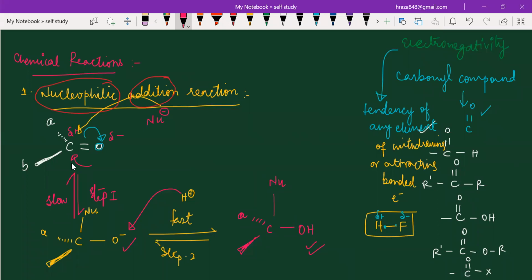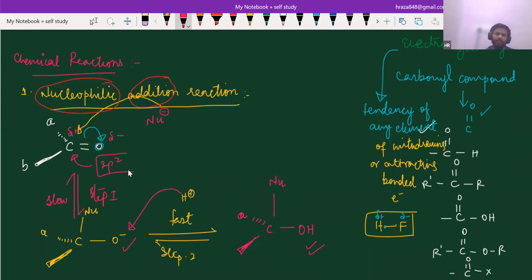So sp2. Can anyone tell me what will be the geometry of this? If it is sp2, that means trigonal planar. So basically, this compound is planar, trigonal planar. But if you are going to calculate the hybridization of this, it will be sp3 and it is tetrahedral, so